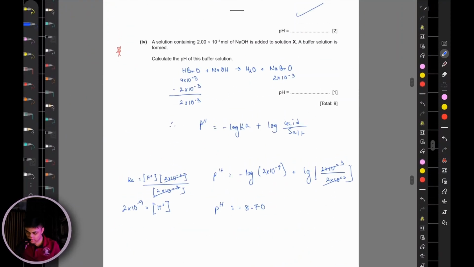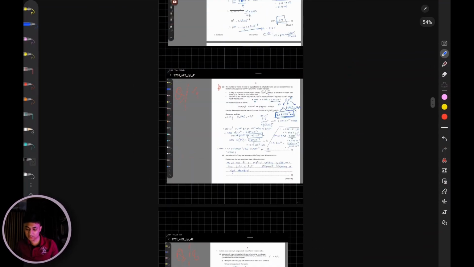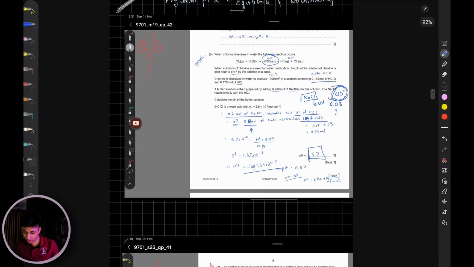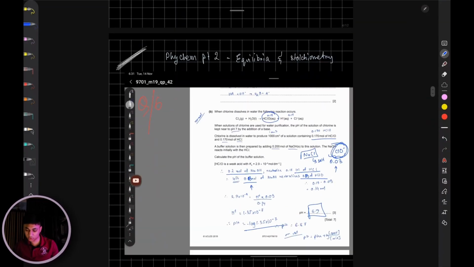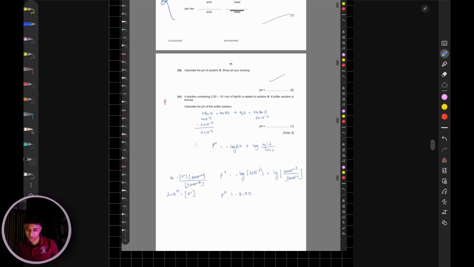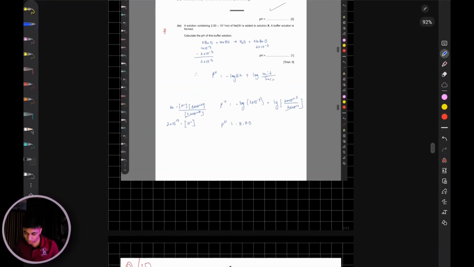Moving on to the last part. This is easy as well. You just have to find out the moles of the acid left after the reaction is taking place, and using that you're going to find the pH. I've already done something like that somewhere above. Over here. So this is actually a better question to try. Question 6. So yeah, that is question 9, and the last question for this video,